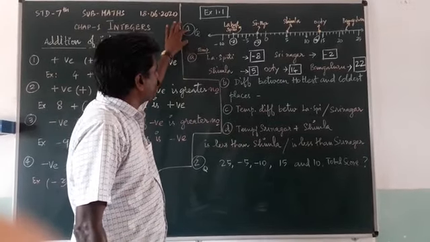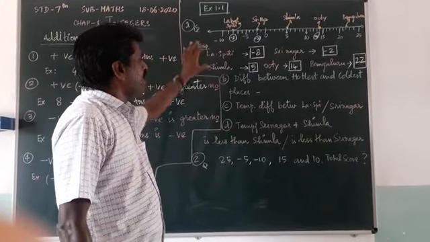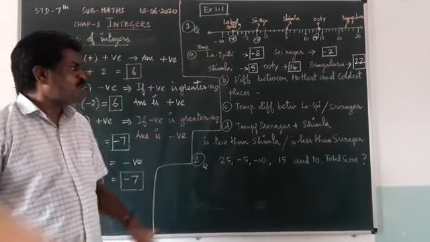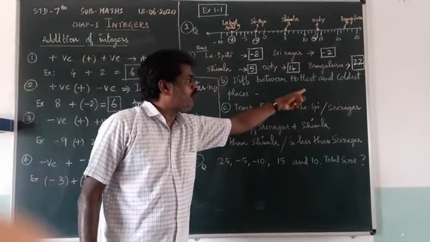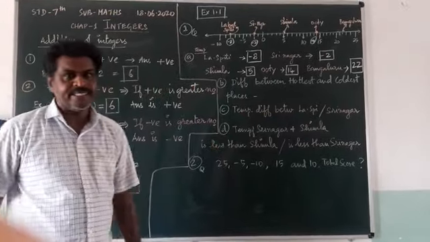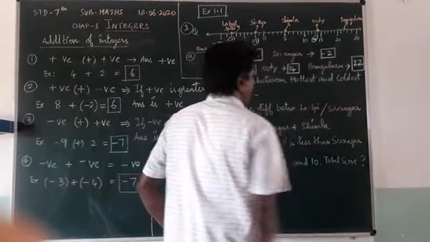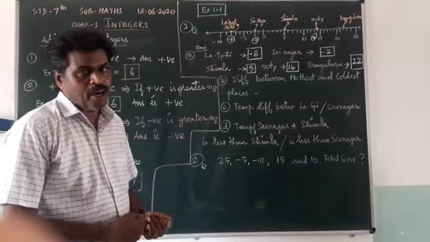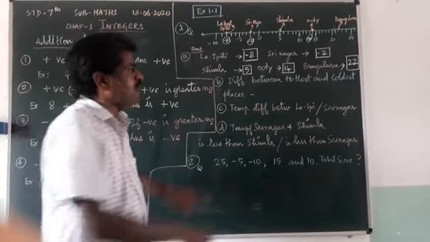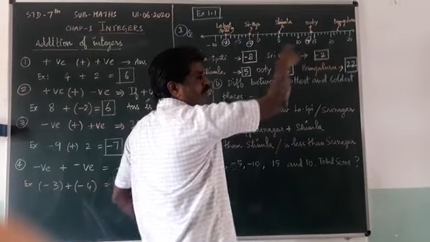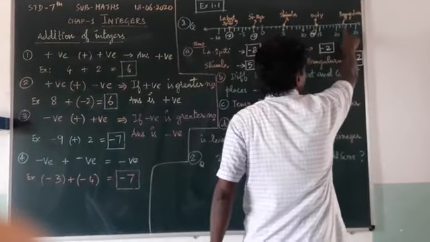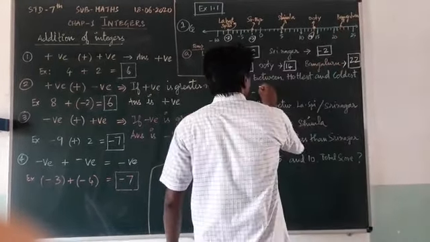In the first question, part A we have completed. Part B, what are they asking? What is the difference between the hottest and the coldest places? What is the temperature difference between the hottest and the coldest places? Which is the hottest place on the number line? When you are moving to the right-hand side, your number is increasing. Which is the last one? Bangalore.